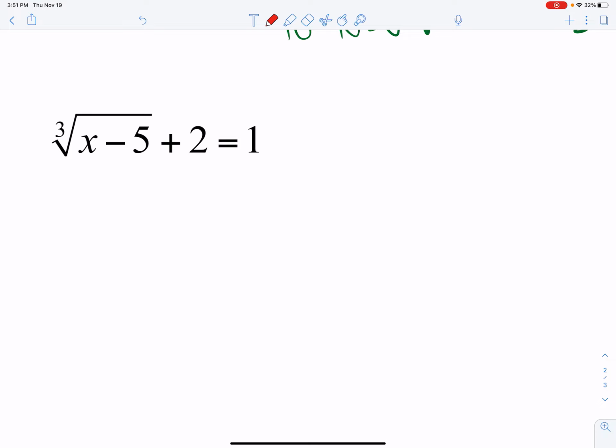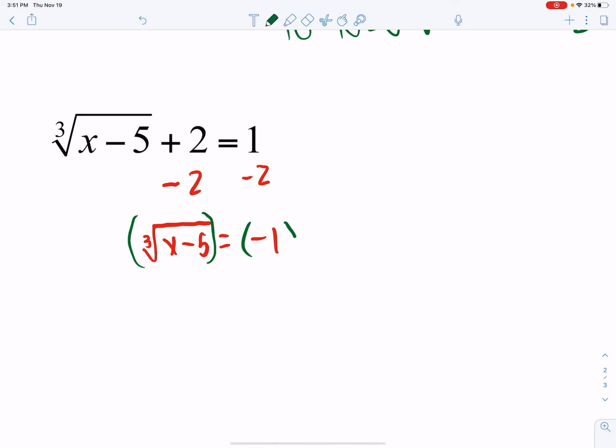So we start by getting the root by itself by getting rid of the plus 2. To do that, we subtract 2 from both sides. And that leaves us with the cube root of x minus 5 equals negative 1. Next, now that we've got the root by itself, we put parentheses around both sides and we get rid of